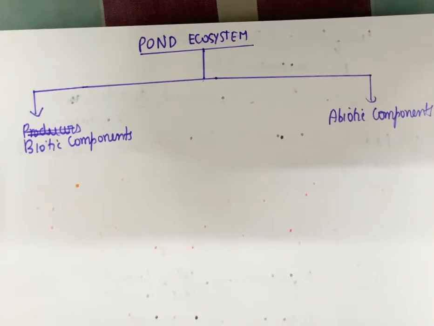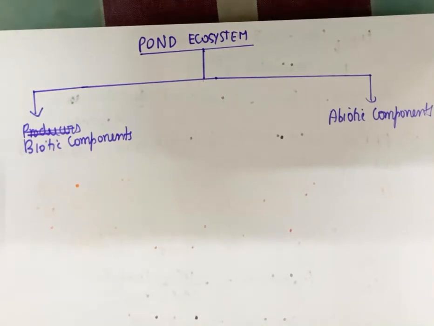In case you have not watched the part of this chapter in which I have given structure and functions of the ecosystem, which I will be uploading soon, please go and watch that first so that you can understand the basic structures of the ecosystem. An ecosystem has four major components: productivity, decomposition, energy flow and nutrient cycling. The major components it has are biotic, which are the living components, and abiotic, which are the non-living components. I have explained this in my introductory video of this chapter, so you can understand it from there and then come and watch how a pond ecosystem satisfies all these criteria.